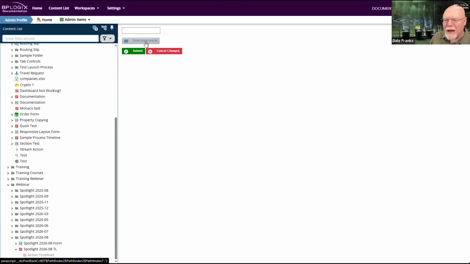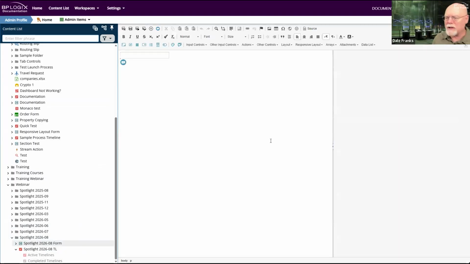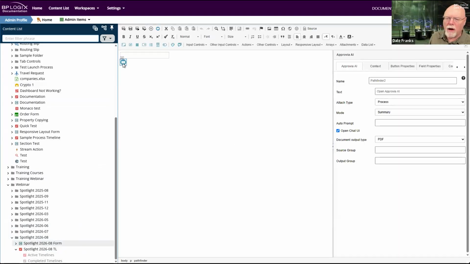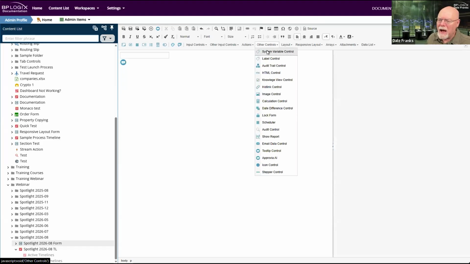But that open Apruvia AI may not be the text that you want to see on the form. So we've now allowed some more customization of it. We've actually allowed two new customizations for it. So if we click on the Apruvia AI control, it now has a text property. Now, the default is open Apruvia AI. So if you don't configure it, Process Director will automatically set this as the default. I believe when you first insert it, it actually says text there.